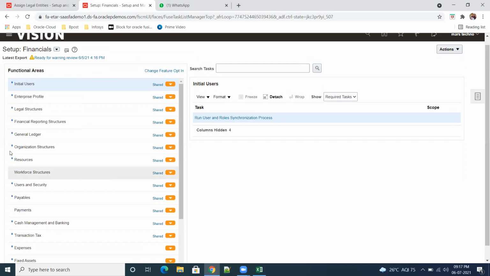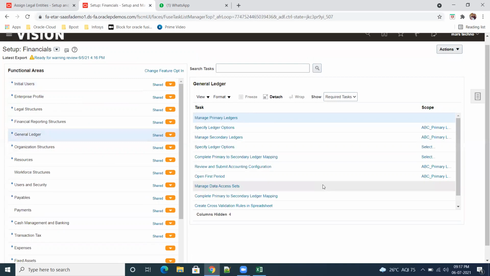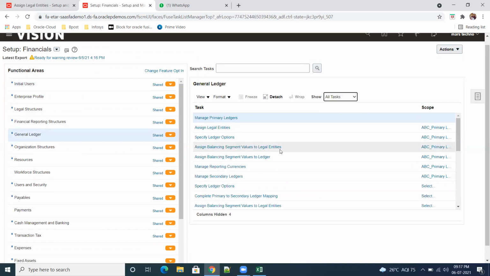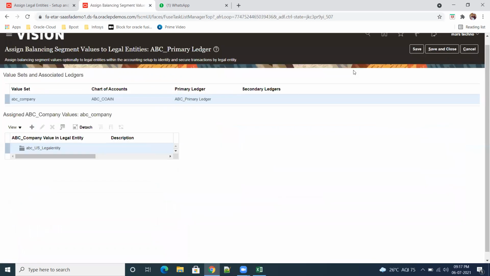Okay, so where are we? General ledger, go to all tasks, assign balancing segment values to legal entity. So here the scope is ledger only. Open this. See, yesterday we found some issue.